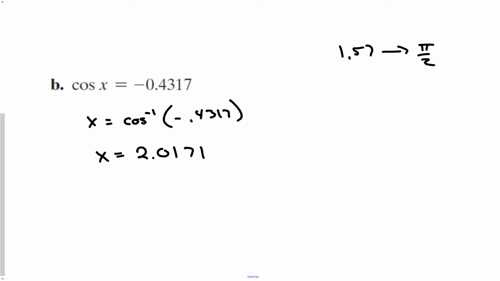This is bigger, okay? So that means that this is in the second quadrant. Makes sense, okay? Because I want my cosine to be negative, right? It's negative in the second quadrant, but it's also negative in the third quadrant. So now I need to remember